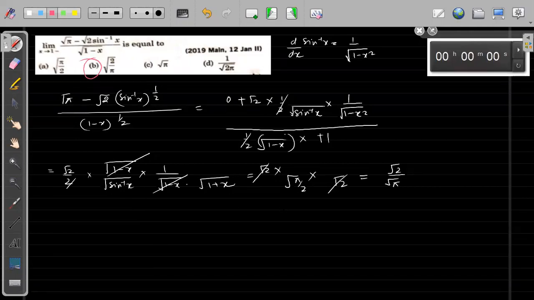Understood? Just copy this one. Very simple form. Even if you use other forms, you will get the same answer. Okay, so what I want you to do is, right now solve this whichever way you want, but please note down these questions and try to solve them at home without using differentiation, without using L'Hopital's. Each and every question can be solved without using L'Hopital's, okay? I hope this one is okay. Let's see.